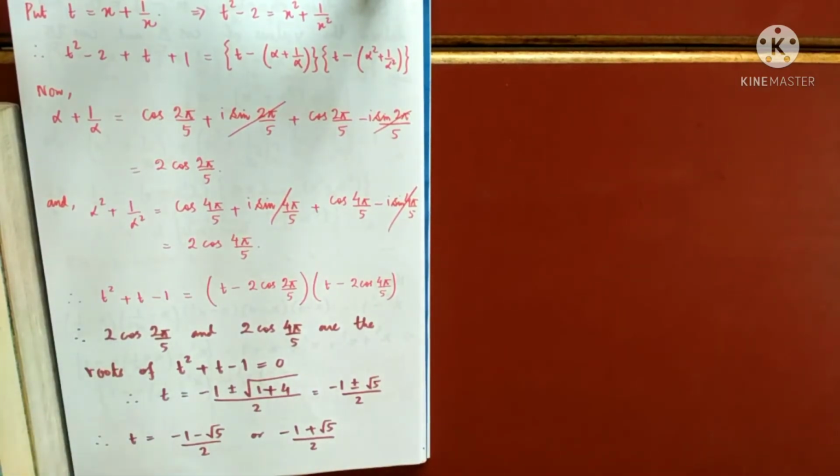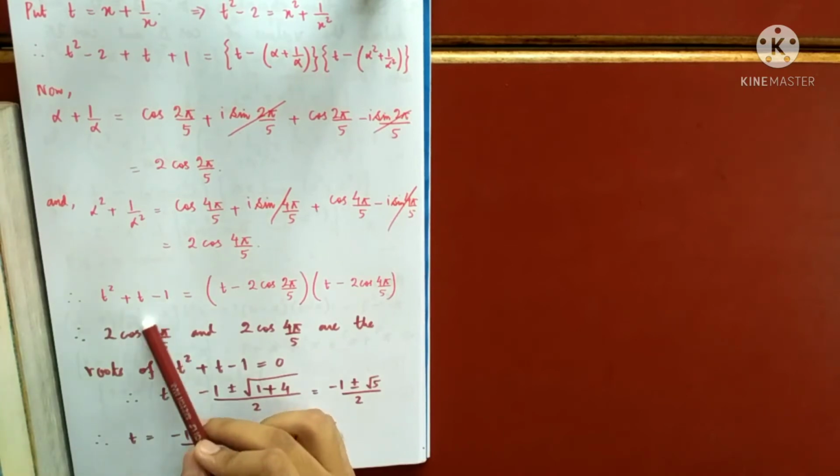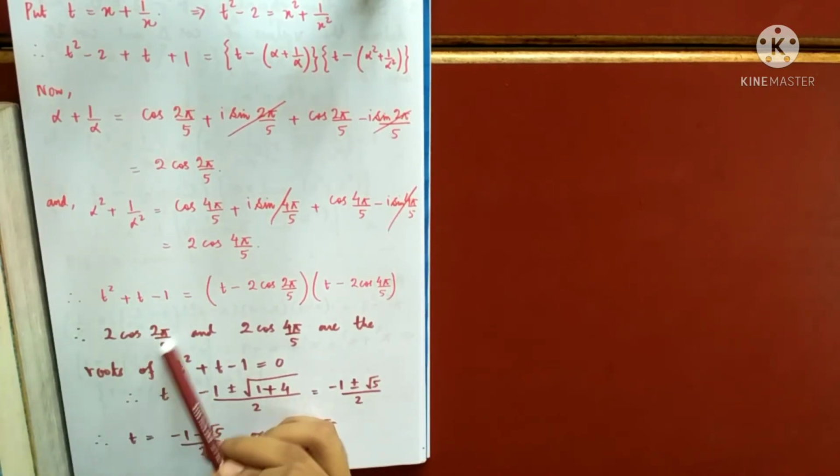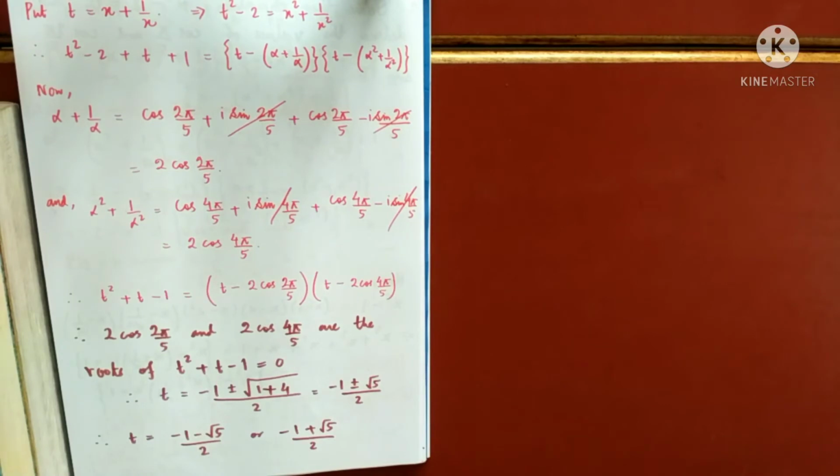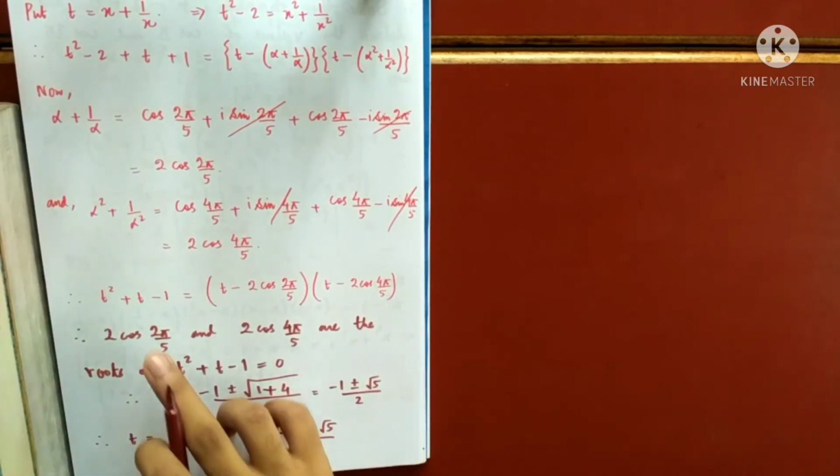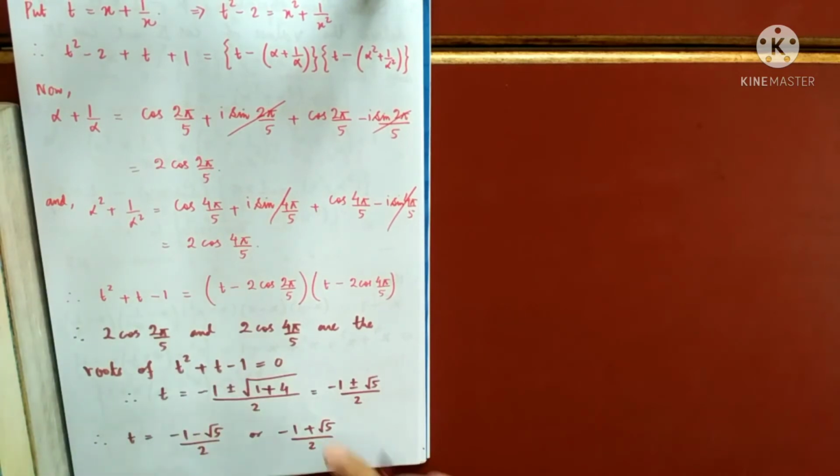So because you know that this is positive, because this is an acute angle, less than 90, so for less than 90, the angle lies in the first quadrant, so cos is always positive. So this should get a positive value, and this is a positive value because root 5 is 2 point something, and minus 1, that will be positive only, but this quantity is negative, so this is negative because this angle lies in the second, how much? In the second quadrant maybe. Yes, in the second quadrant, so cos is negative. Okay, so therefore the value of this quantity is this.